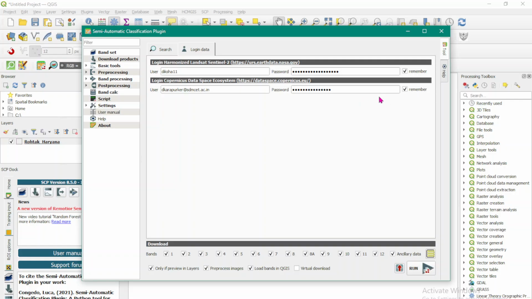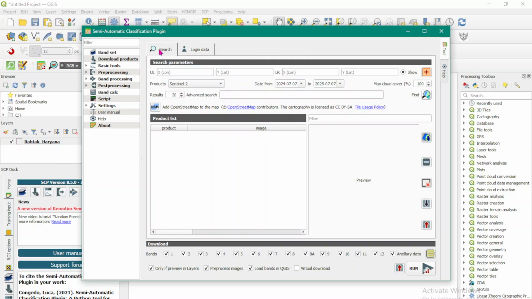Okay. So once this is done, you can yet again come back to the search option, and here at times it may so happen that you don't really have these corner latitude longitude selected, and in this scenario what you will do, it is very easy. So what you will do is that you see the OpenStreetMap option over here.